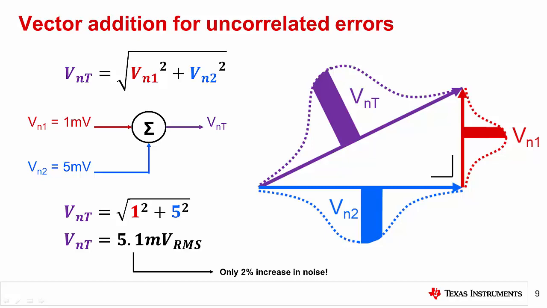Another important concept in noise analysis is how to add random noise sources. Noise is often a random variable, and adding uncorrelated random variables is similar to adding perpendicular vectors. As shown here, to find the resulting vector length, we take the root sum of squares of each noise source's standard deviation. It is important to note that this relationship applies only to uncorrelated random noise. If noise sources are correlated, then the vector angles change and a different formula must be used to compute the resulting vector length. If we substitute values in for our variables, such as Vn1 is equal to 1 millivolt and Vn2 equals 5 millivolts, we calculate the total noise to be 5.1 millivolts RMS.